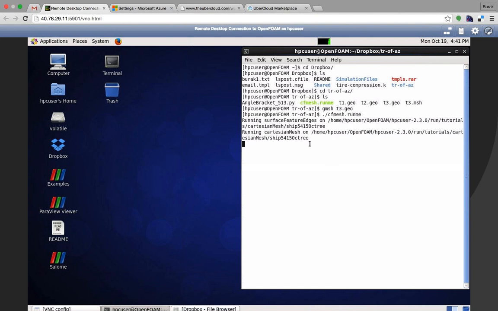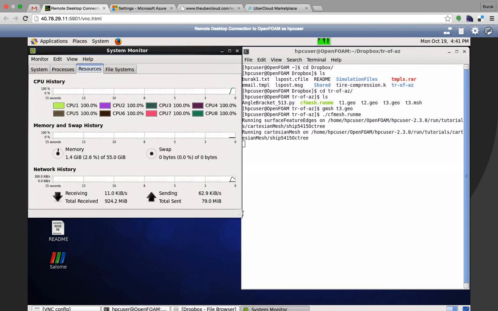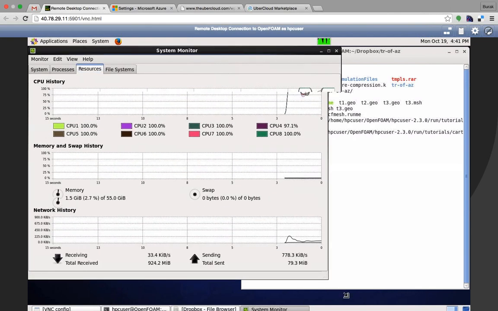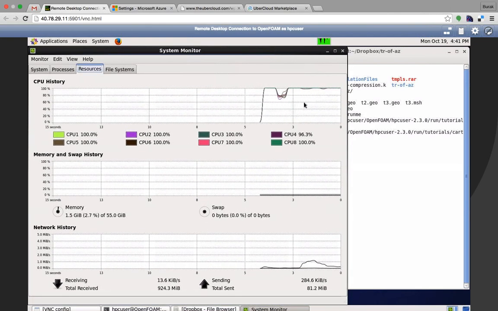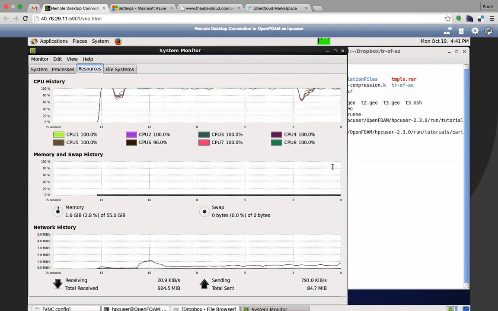Here's an interesting thing at this point. I configured CF mesh so it will take on all of the CPU cores. So you may have not noticed, but at the top here, which was a black rectangle, is actually the resource manager. So let's take a look. There it is. We can see all of our cores. This machine has 8. All CPU cores are pegged 100%. They're all working on meshing that